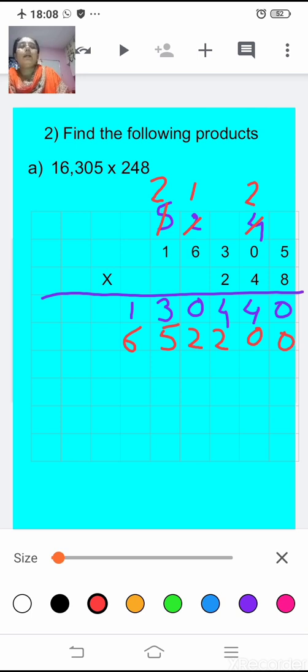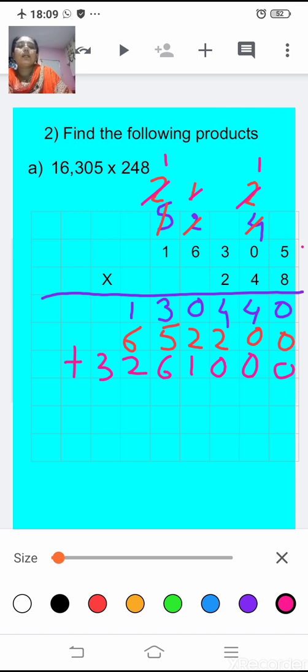Yes. Now coming to the number in the hundreds place, that is 2. So in the ones place, tens place, you will put a 0. 2 5s are 10. 1 carried over here in the tens place. 2 into 0 is 0 plus 1, 1. 2 3s are 6. 2 6s are 12. 1 carry over here. 2 1s are 2 plus 1, that is 3.